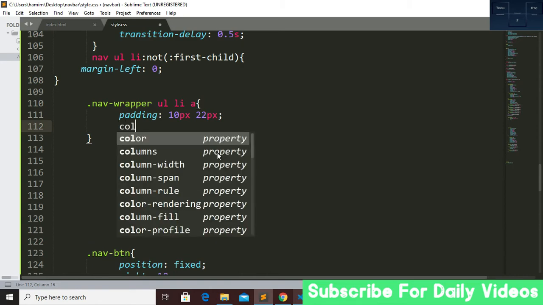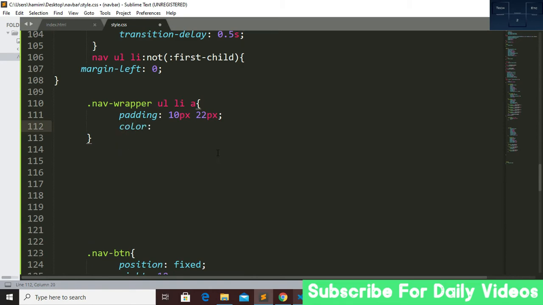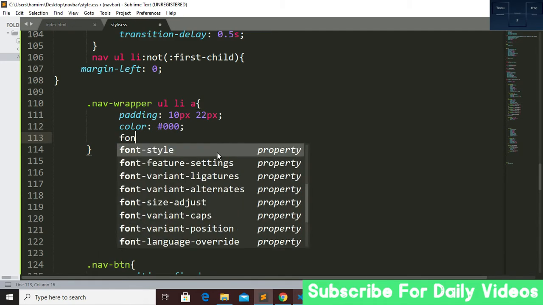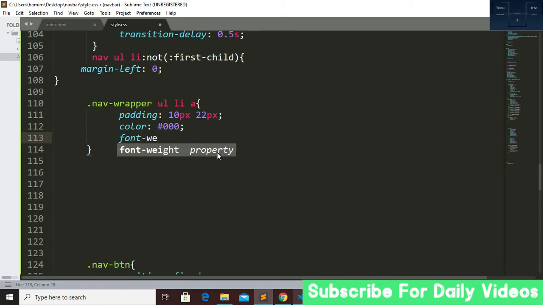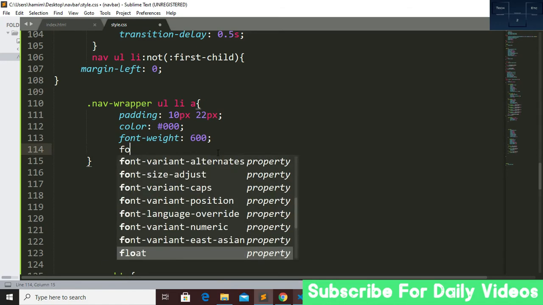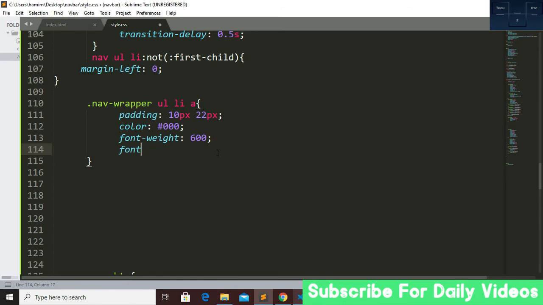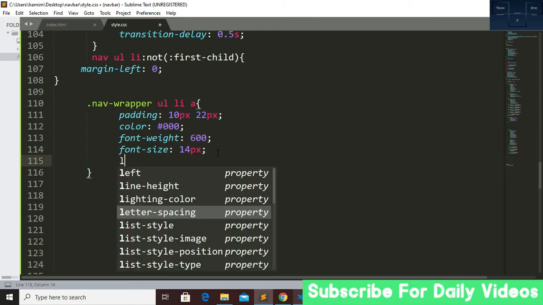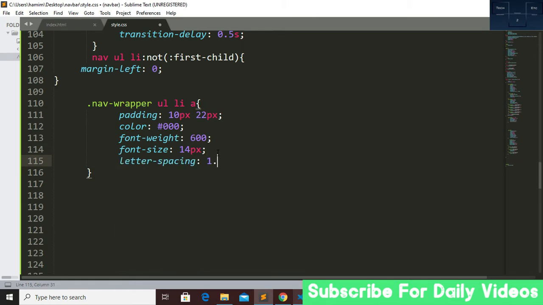And color will be black because our background is white. And font weight will be 600, and font size will be 14 pixel, and letter spacing will be 1.2 pixel.